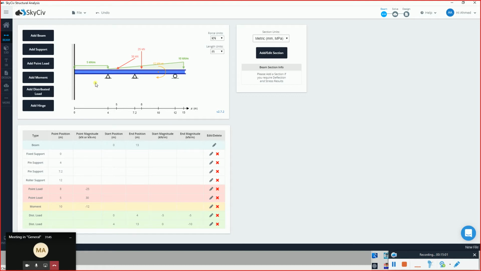There is an additional hinge option, but let's just stop at whatever we have done. We have modeled a beam with different supports, with different loading, just for the sake of trial. Okay. Now there is an option for me to go and solve,